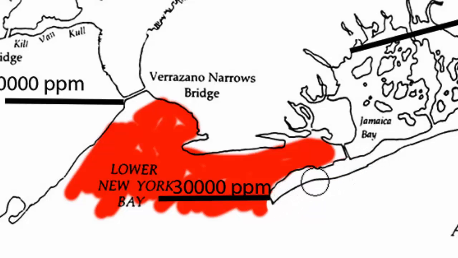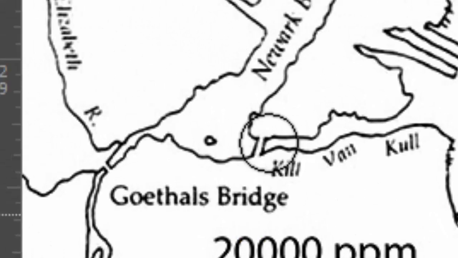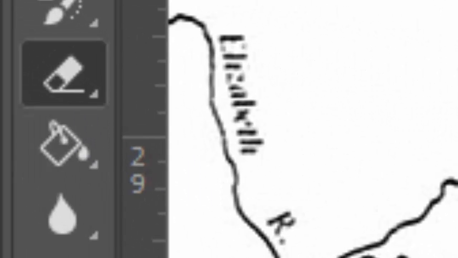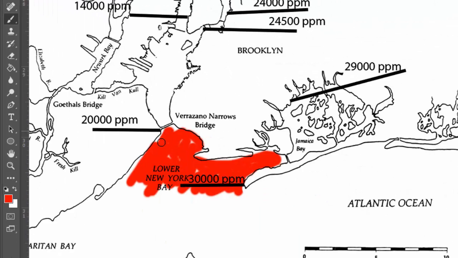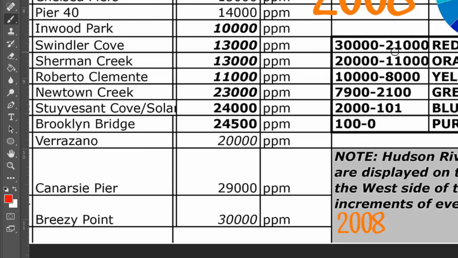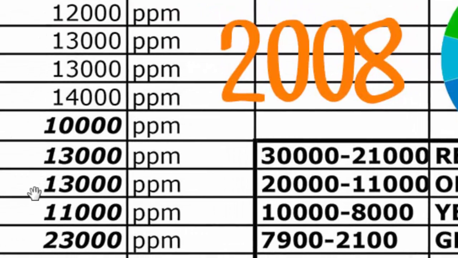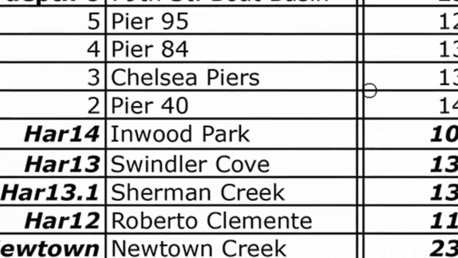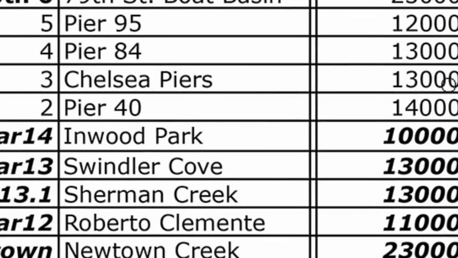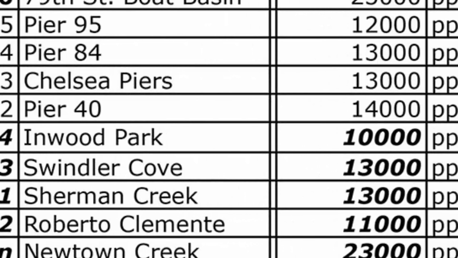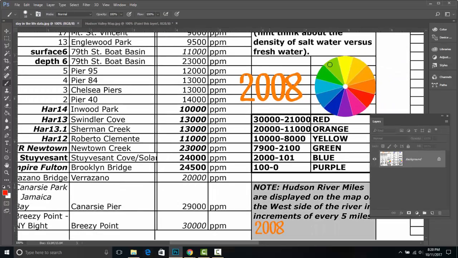So I'm pressing the letter E to pull up the eraser tool, or I can simply find the eraser tool right there. I'm going to return to the brush tool by clicking right here. I'm going to press B, alternatively, and boom. So we're coloring it. And now I can see that at this specific point, it falls to 20,000 parts per million. And I'm going to return to right here, and I can see that anywhere along this area, it's going to be orange. Additionally, we're going to be referencing all of these locations. So Chelsea Piers, it's going to be 13,000, and you're going to find out where that falls right here. And if we scroll up